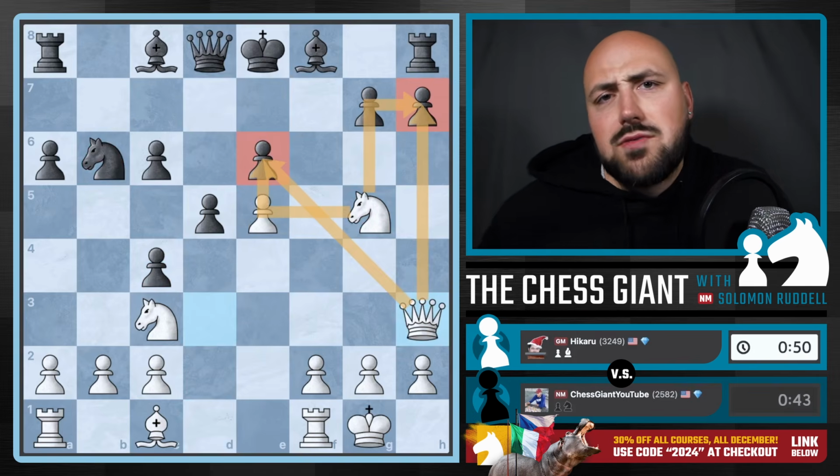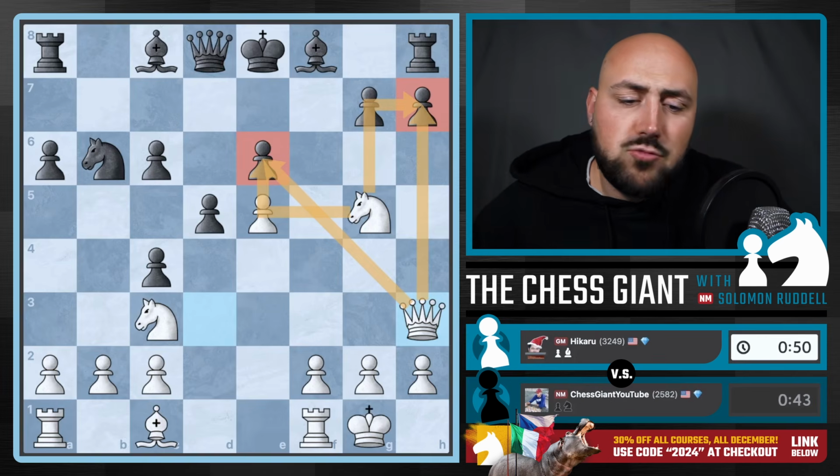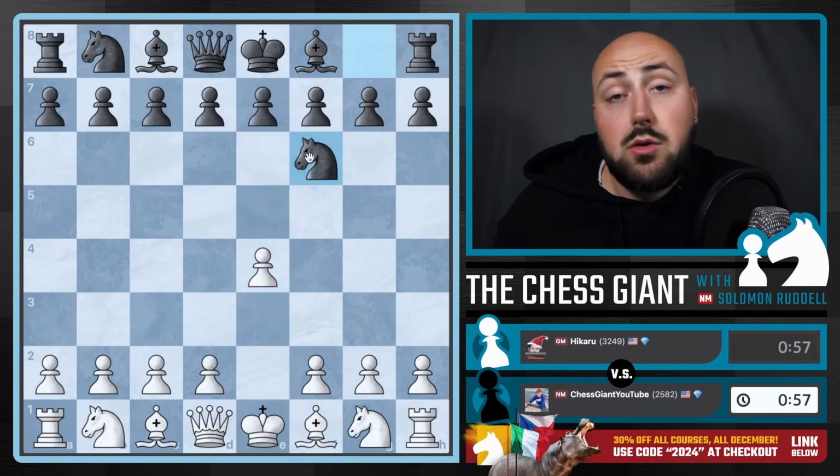So, hope you enjoyed this video. Let me know if you want to see more Spielmann Gambit content. Really fun gambit for white against the Alekhine's defense. Of course, if you are playing against the Alekhine's defense directly, in order to reach that, you got to play